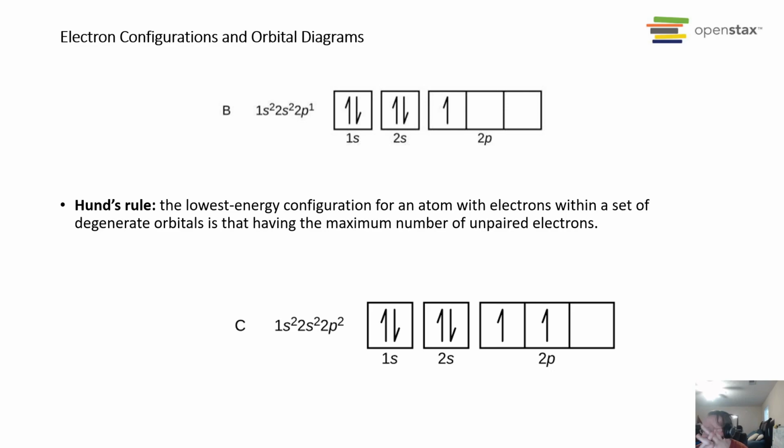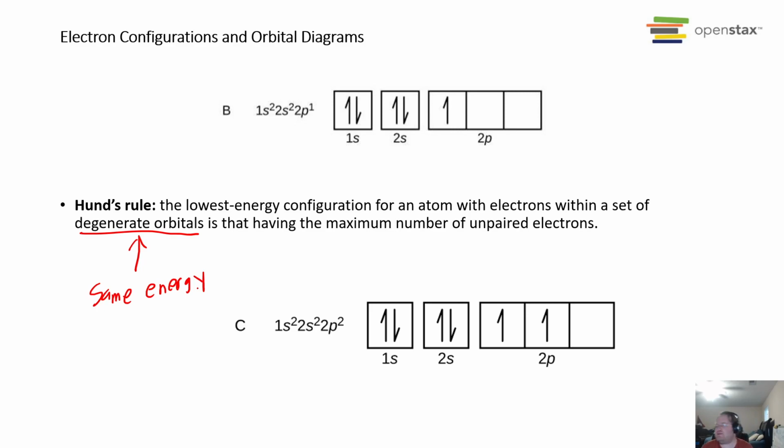Now once you move past that to boron, boron has 5 electrons. It is the first atom that shows up in the p block. So it goes into the 2p orbital for its first electron. Now, carbon is the first time we come up with a new rule called Hund's rule. It hasn't come up yet because it hasn't been an option. Hund's rule is that for the lowest energy configuration of an atom, you expect the electrons, if they're in what are called degenerate orbitals, and all degenerate orbitals means is that they are the same energy,